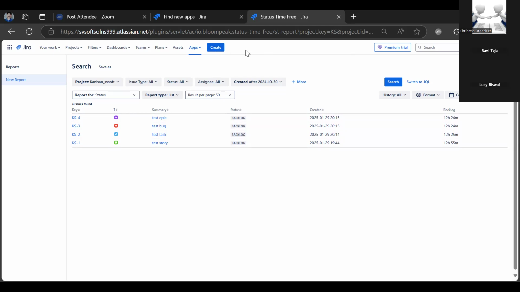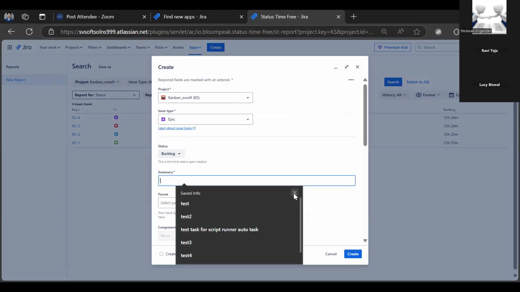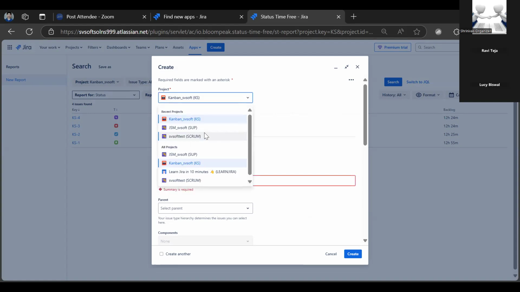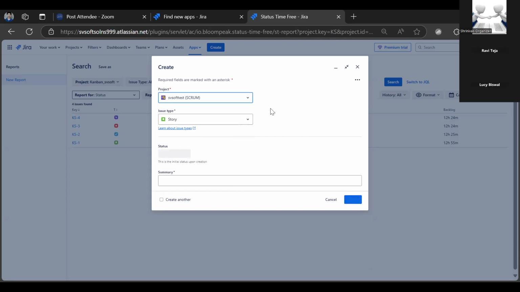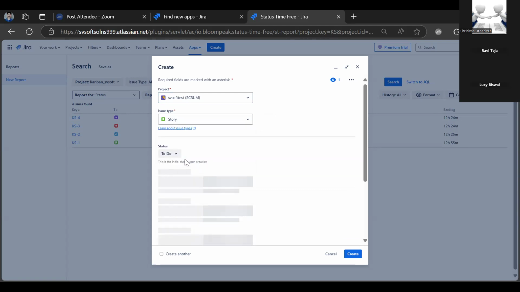And I did not show you how to create a ticket, right? If you click on this create button, a pop-up window will open, and you will see the options for whether I want to create a ticket in a Kanban project, JSM project, or Scrum project. So we can create a ticket and choose the issue type: epic, story, or bug. All are issue types, right? So if I click on epic,